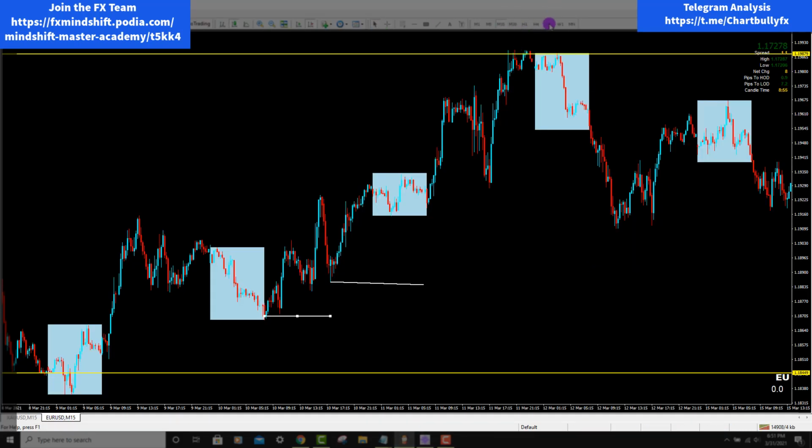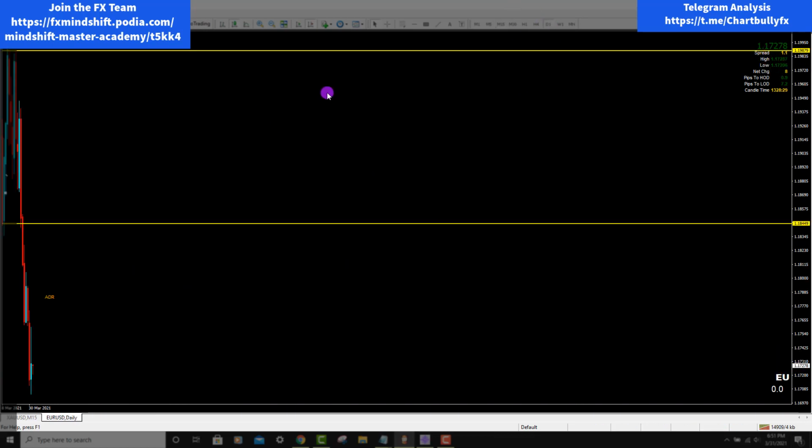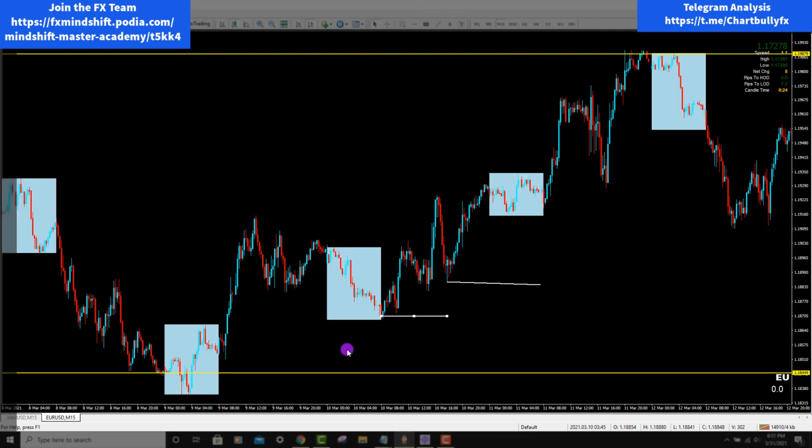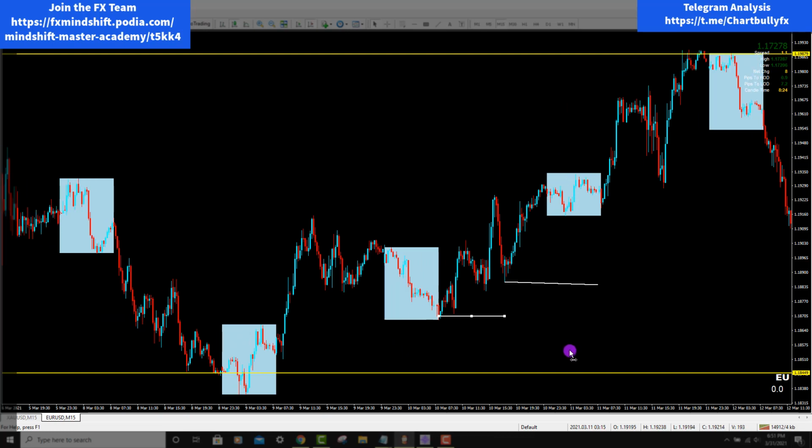So here I have these two lines. This is the daily range, and I'll show you real quick. These are just on a daily time frame. So what you're going to want to do is, once you recognize your highs and lows for the daily, you're going to want to find structure, aka higher highs, higher lows, lower highs, lower lows within the structure. And you can do it all the way from M5 to an M1 and hone it all the way down.